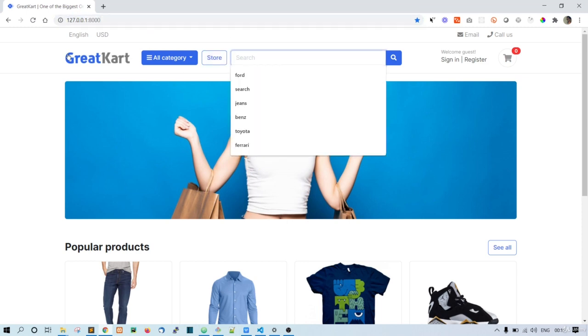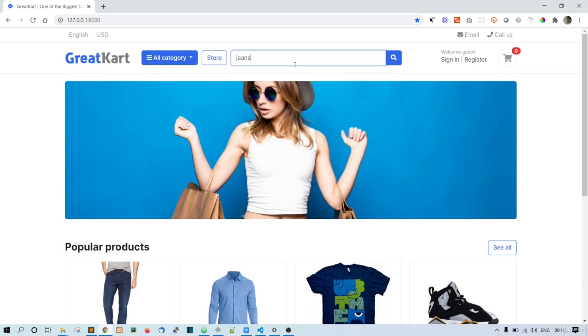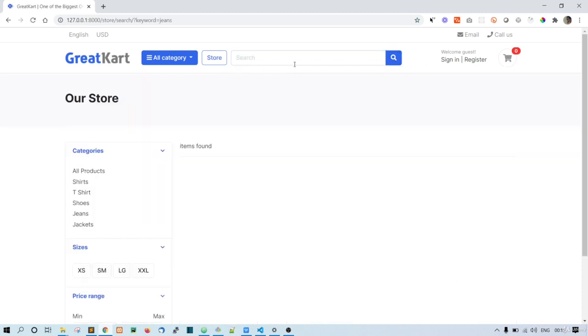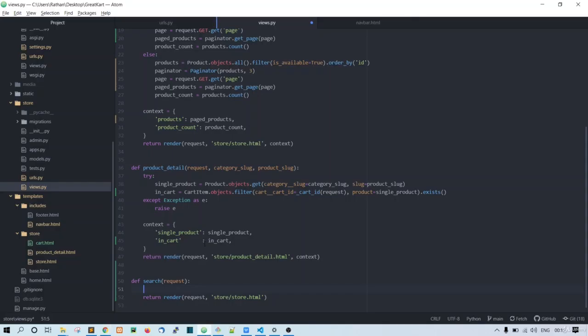Okay, so let's once refresh it, and let's say jeans, and here it is. So we got the keyword and we got the jeans. This is the key and this is the value, right? So we want to take this one first. Okay, this is coming from the get request, right? So let's go to this search function, and